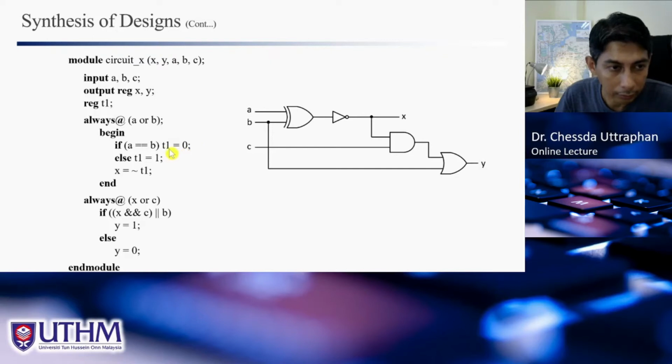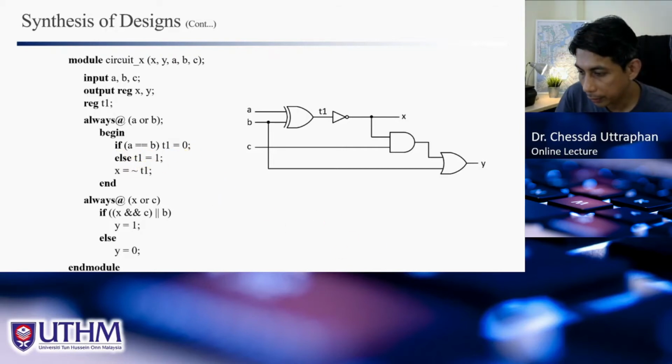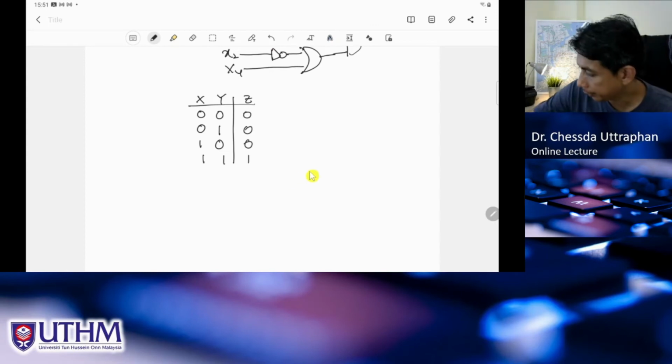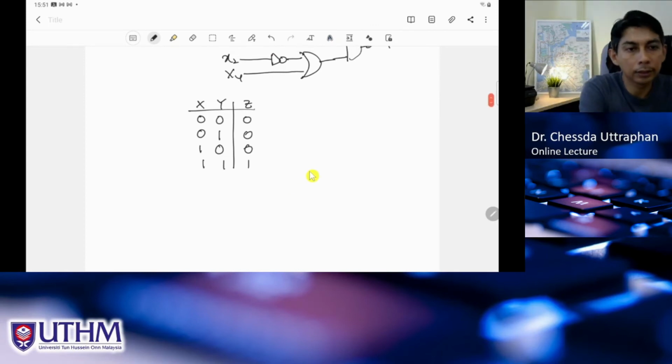What is that? If A equal to B, T1 equal to 0. So where is T1? T1 is here. So must be this one, right? AB and AB must be this one. So if we look at this behavior, if A equal to B, T1 equal to 0, else T1 equal to 1. So if we look at the behavior, it's something